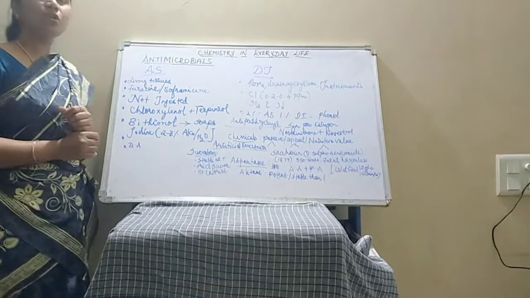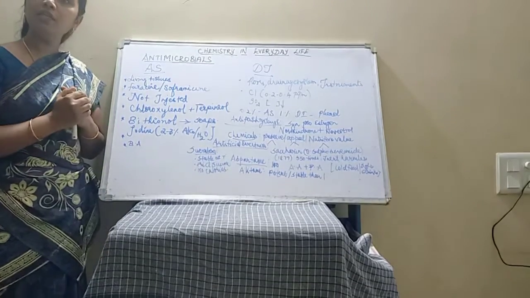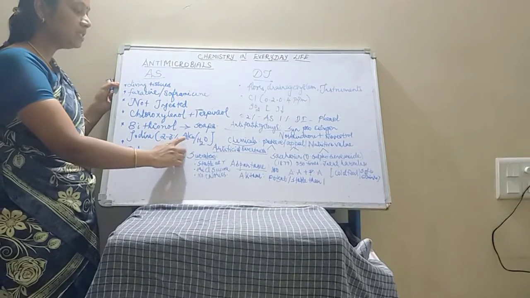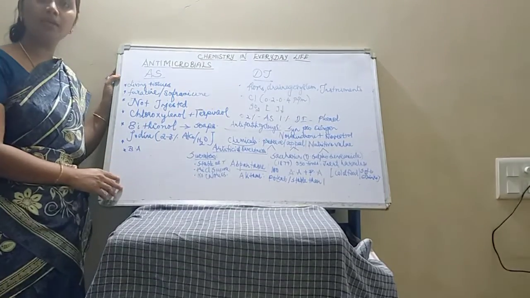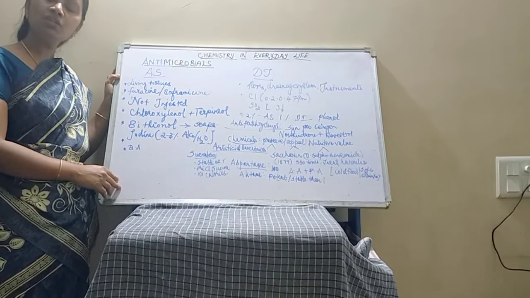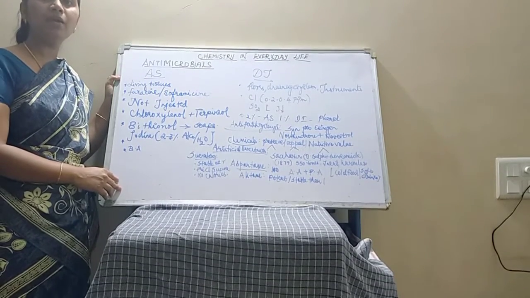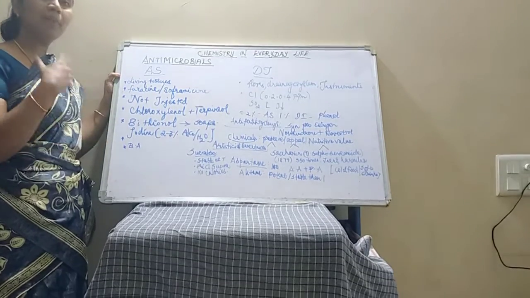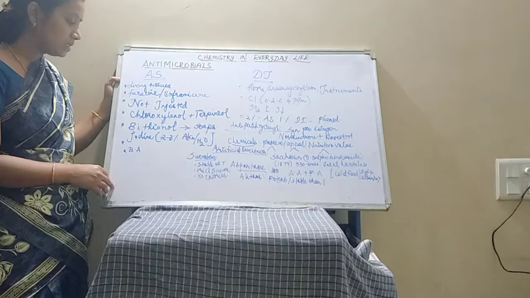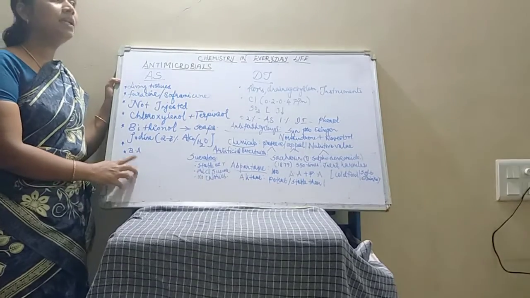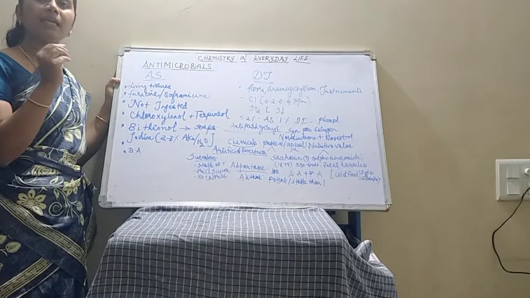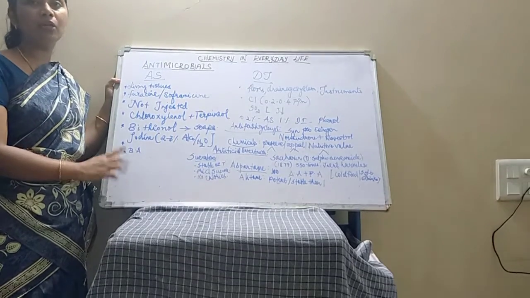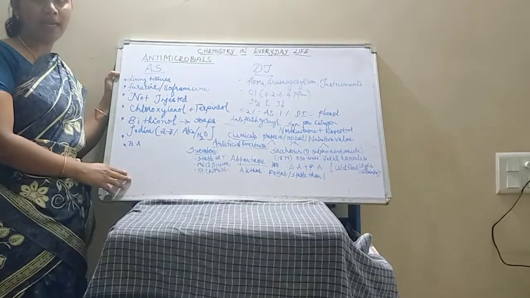Even we know about tincture of iodine. So how is tincture of iodine produced? Iodine in the proportion 2 to 3% in alcohol-water mixture is called tincture of iodine. Tincture of iodine can be topically applied on the diseased surfaces, the cut surfaces and on the wounds for better healing and easy drying of the wounds. Then boric acid acts like a mild antiseptic for eyes when it is used in dilute solutions. So that's all about antiseptics.